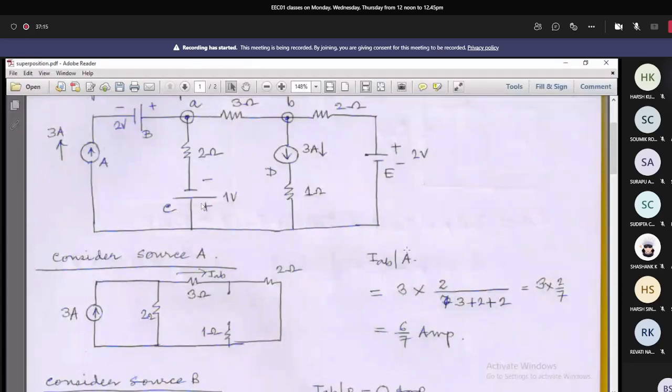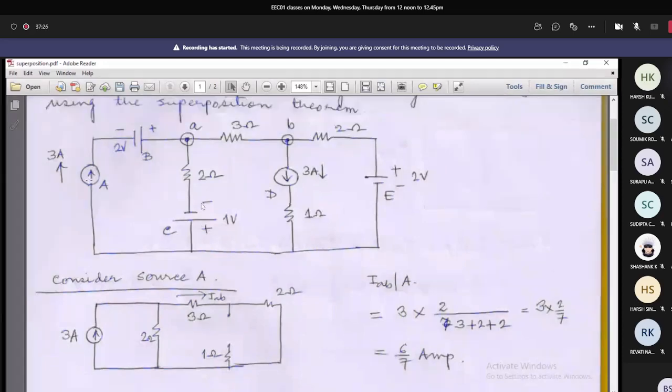and I have given the sign A on IAB, which means it is the current only for the source A. So next we consider source B. Source B is this. Whenever we remove this source by its internal resistance, it is an open circuit, so it will not have any effect on the rest of the network because it is not closed actually. So this particular 2-volt source has no effect on the network. Therefore, the net current through IAB is 0 ampere. Agree? Because this is not closed now.